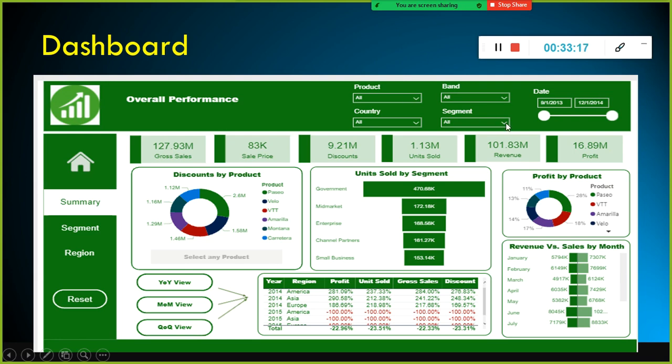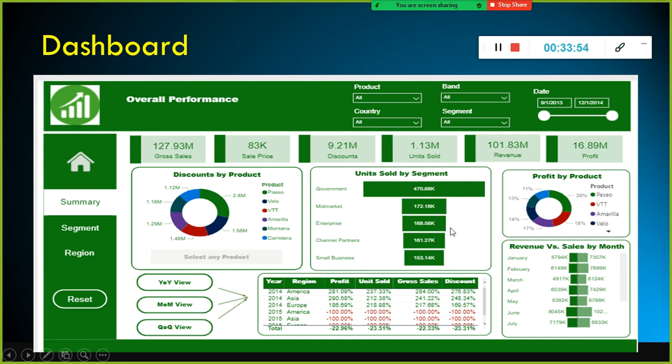We can interact. See, in colleges and schools also, they will ask you for some report: how many students came regularly to school and how many marks they scored. You will have to share a report with your management. Those reports are in a PDF file. They open it and say okay, but that is not interactive. So you have slicers here. With the help of the slicers, we can make our dashboard more interactive. Anyhow, we'll discuss slicers and all those things later.